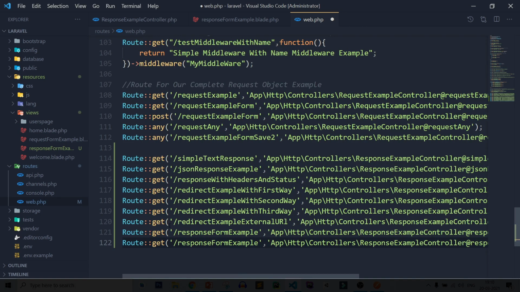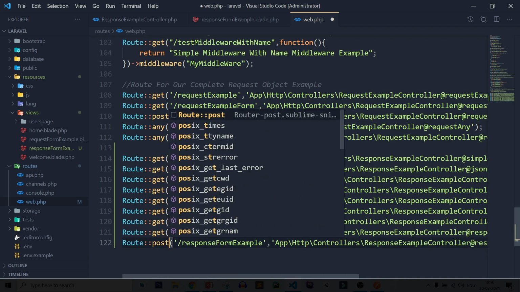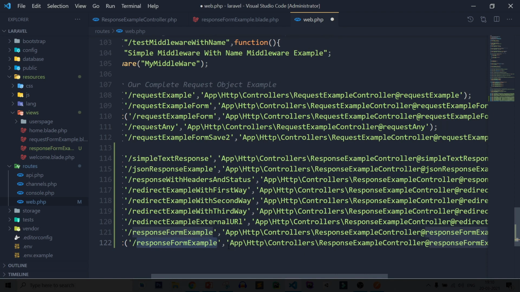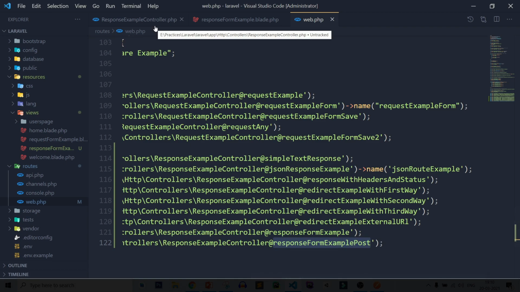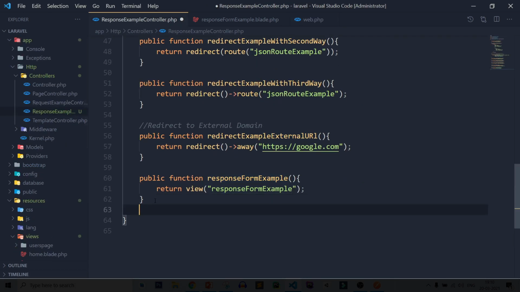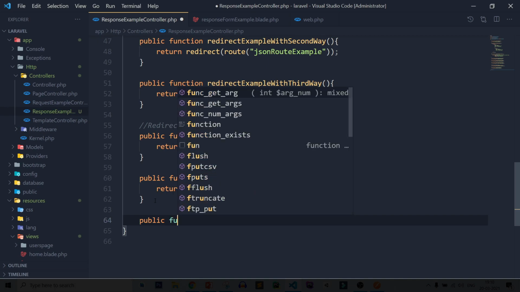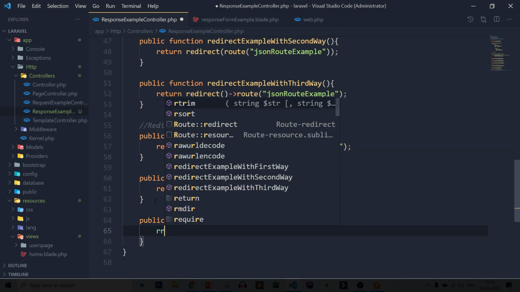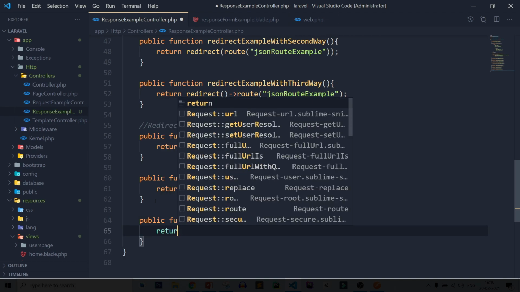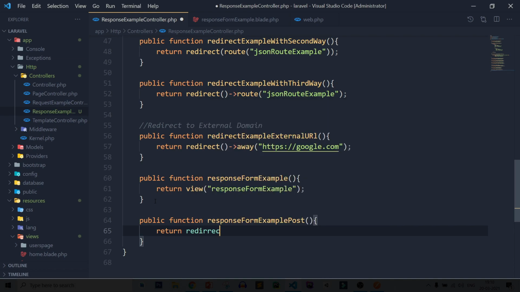So copy the same line, post request form example and request form example post. Copy the method name, save it back to controller. Let's create the method. So public function request example form post and return redirect.